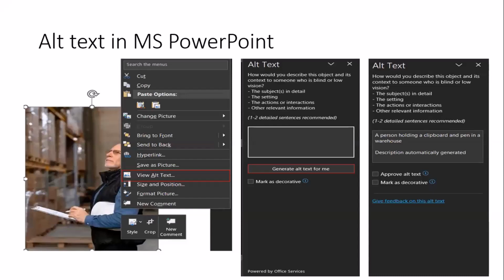This can be generated when you're writing as an author. If you're writing in a Word document or inserting images in a presentation, you can go for these options and use this alt text. But in case you're not happy with that alt text, you can also change it.